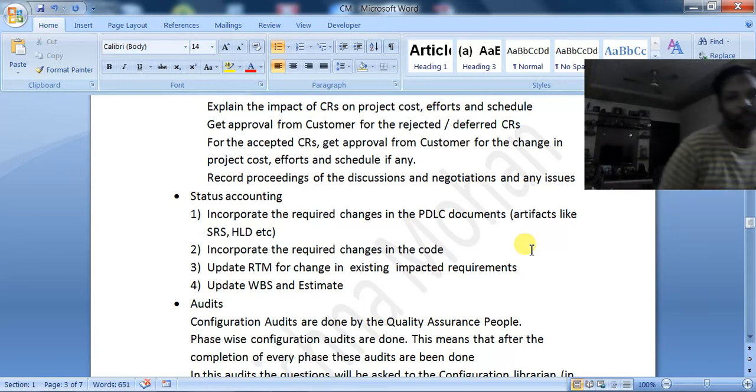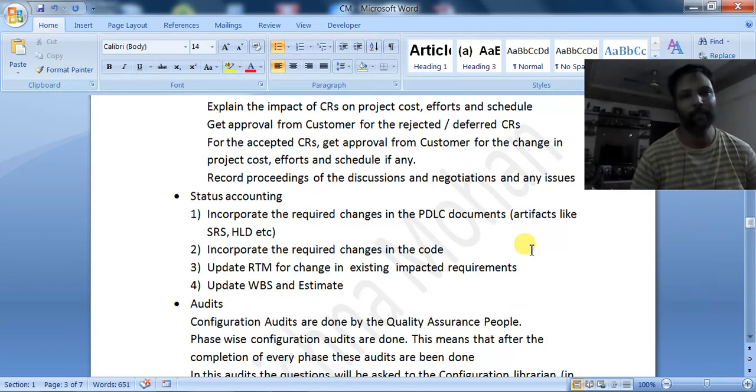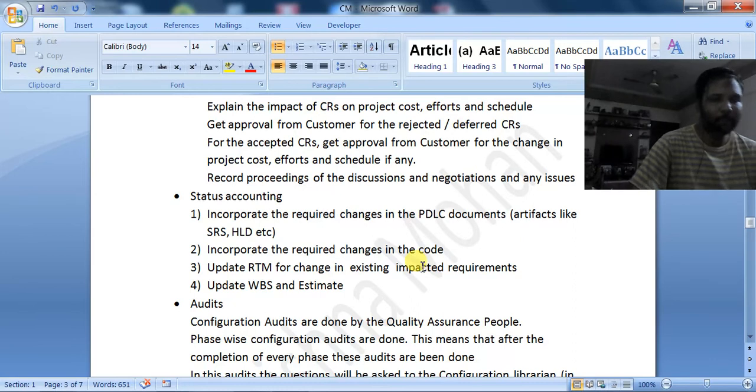After doing the modification in the documents, incorporate the required changes in the code. Obviously, when there is a change in the requirement, code should be changed. Then update the RTM for change in the existing implementation.